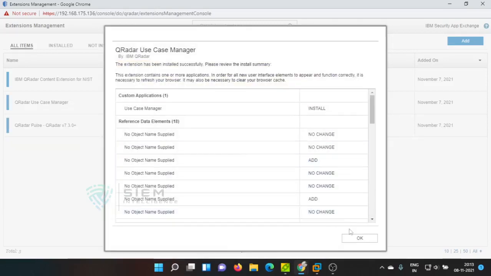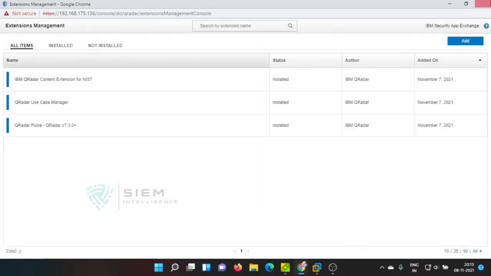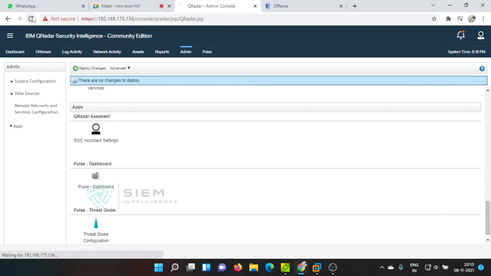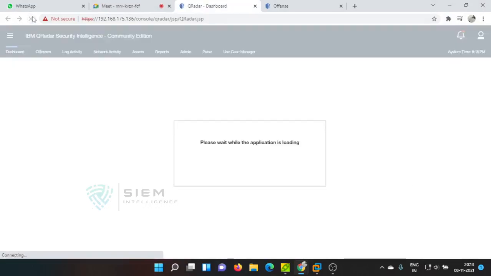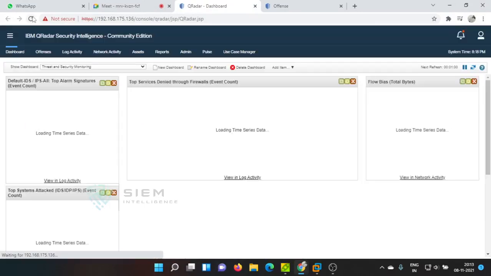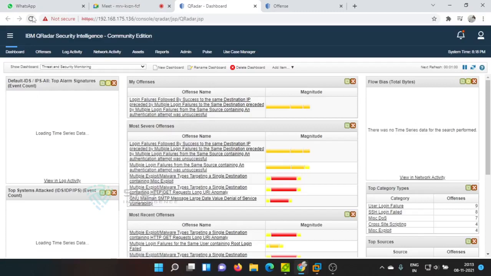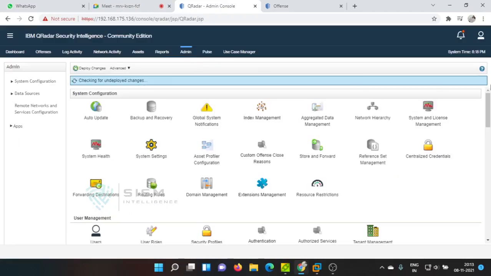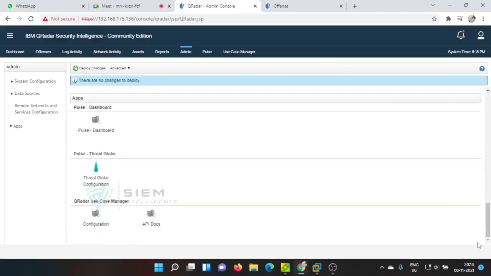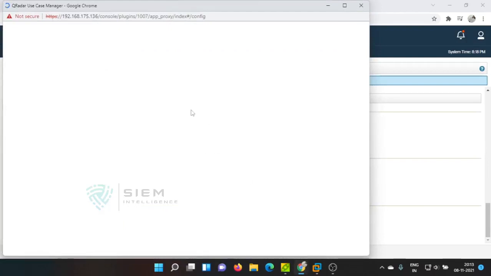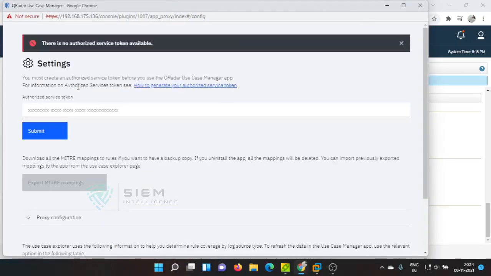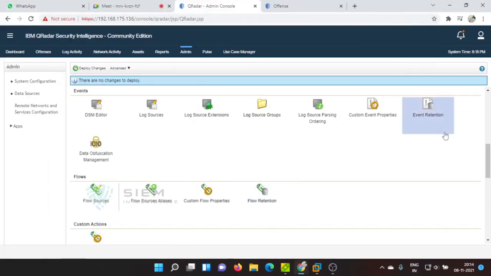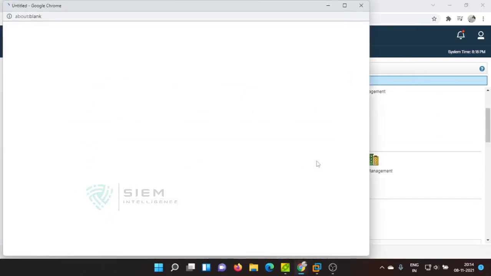Yeah, my goodness, finally it's done. So if we refresh our admin tab, we will get the use case manager here. In admin, you need to do some configuration again. For this we need to create an authentication token.